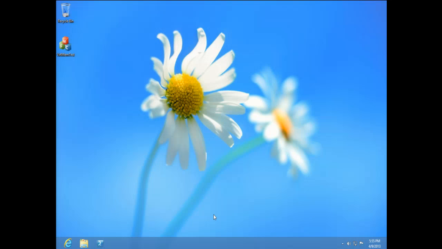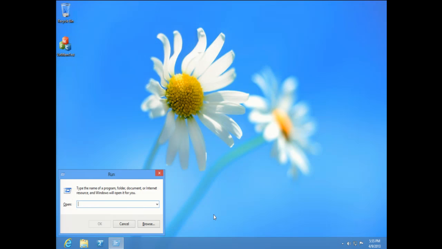Okay, so here we are on Windows 8. Here's my Windows 8 desktop. And let me see, I need my start menu. Where is it? There it is. Win key R. Magic. It brings everything back. I'm going to run Process Explorer.